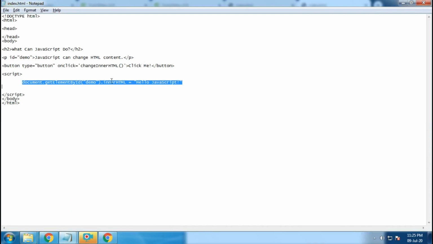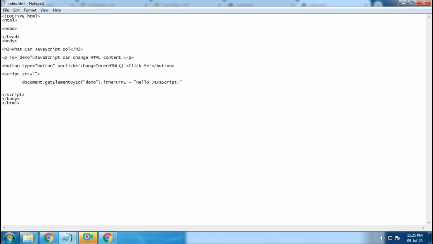Okay, now there is another way you can include JavaScript, by external sources. Let me show you what I mean. In a script tag you can give this src attribute. We call it an attribute if we are giving any attribute in HTML.